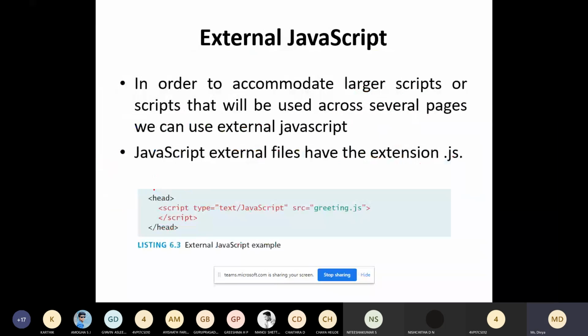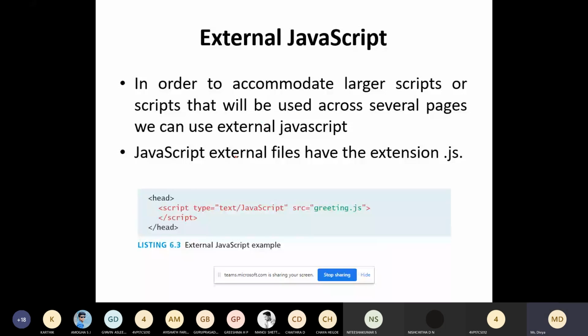The last one is external JavaScript. Similar to external CSS, we have external JavaScript. If your JavaScript code is large, around 15 to 50 lines or more than that, in that case you can use external JavaScript.